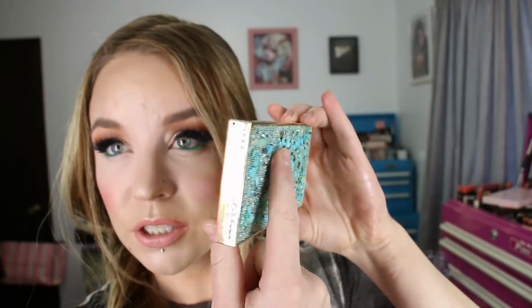This is the Tarte Foil Finger Paints Shadow Palette. The packaging is super pretty. These actually look like real turquoise nuggets on the top, which is pretty cool. It's a totally textured type of packaging, but I haven't been this excited about a Tarte eyeshadow palette for quite some time. I wasn't sure how it would go on, but I've used it both with my fingers and